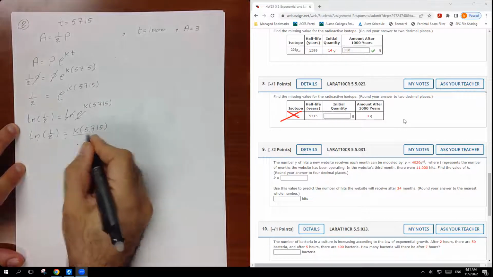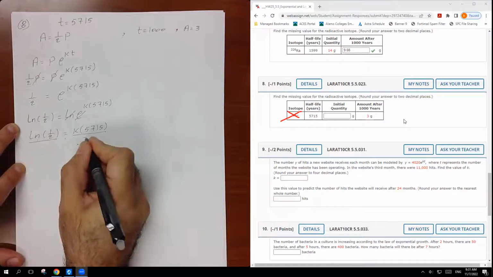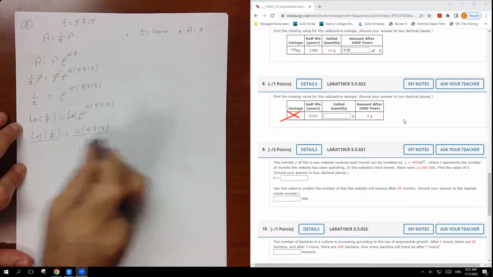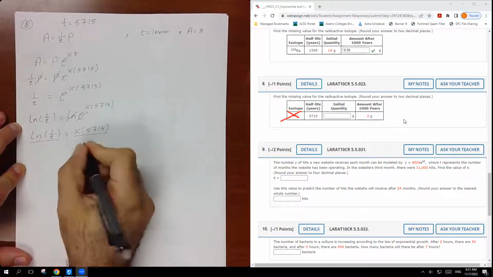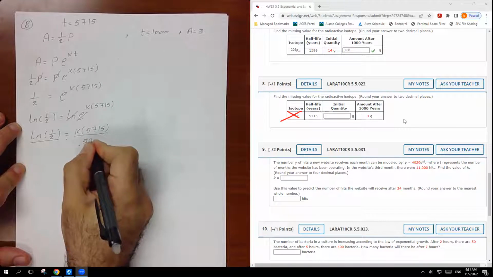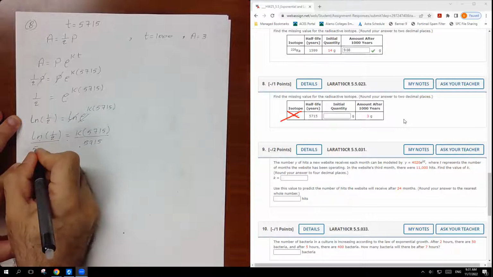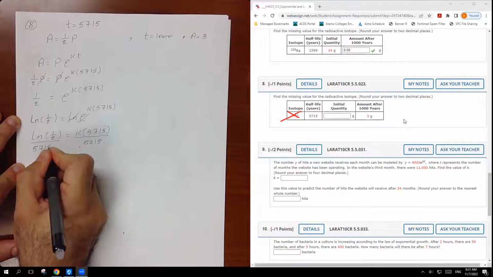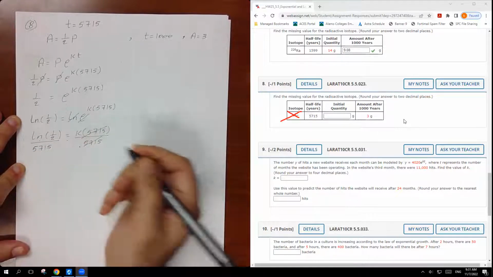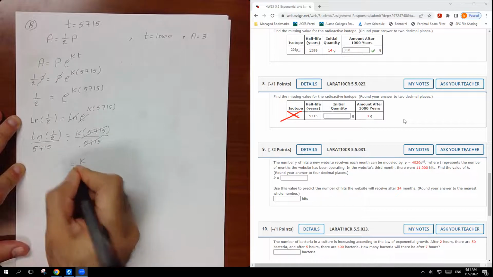Then divide both sides by 5715. Cancel here. That means K is going to be equal